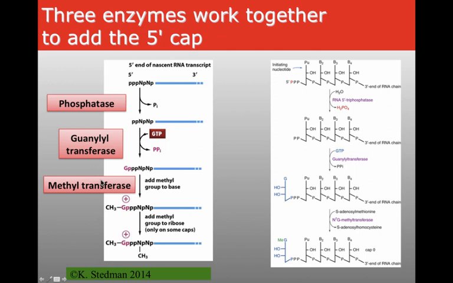Most cases, you also then have a methyltransferase, which is going to add methyl groups to both the guanine and the riboses, which are present in the actual transcript. And we'll see some more examples of that in virology again next term. And that's just shown over here in a little bit more detail, just a slightly different way of looking at it. So that's your cap structure.